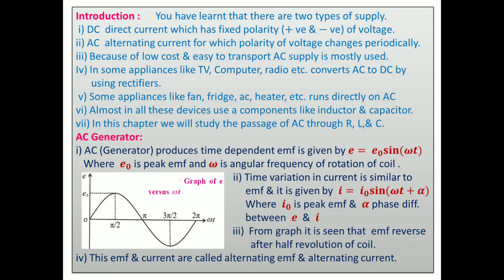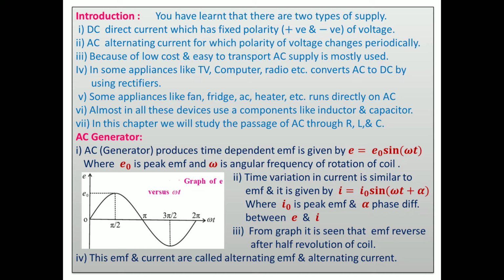But another type of supply is there. In your electric board, while a pin is inserted, you do not see whether it is positive or negative. On the pin there is no positive and negative written, and in the socket also positive and negative are not written. So the supply which is coming from MSCB on your board or at house is the AC voltage.